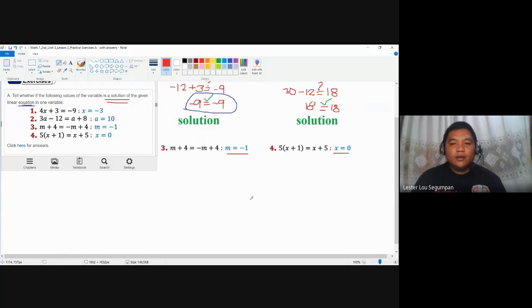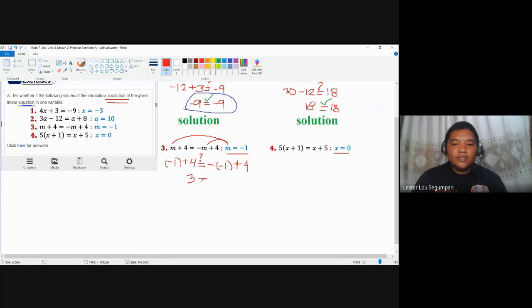In number 3, substitute it here as well. Take note of the signs, be careful. So you have negative 1 plus 4. That's why I'm always suggesting if we're dealing with negative sign, always use parentheses so that you will not have any problem. And then this still contains a question mark. Take note that this is negative and m is also a negative value. Take out the signs. And then you have here plus 4. Negative 1 plus 4 is positive 3.